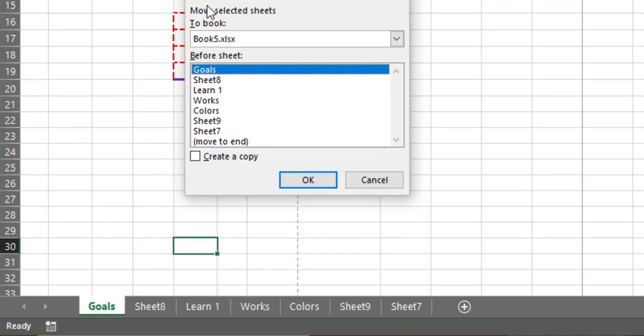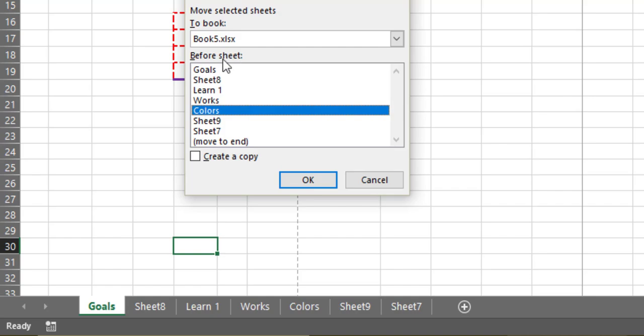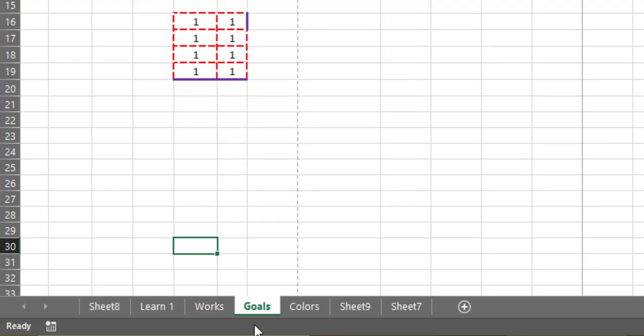Now here it says move selected sheets where. Here it says before sheet, let's say before sheet 1 I have here goals. So now I say before colors. So this goals should be before colors. Let's say okay, you can see here it has been shifted here.